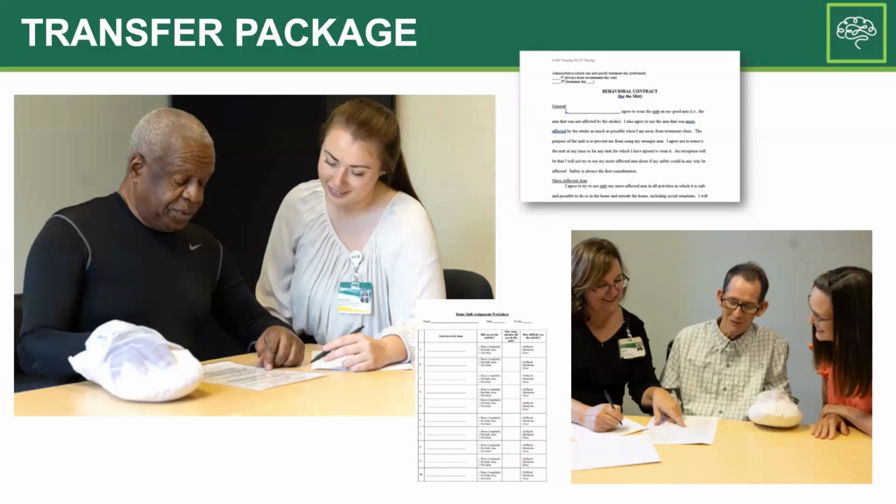Finally, the third category of strategies includes a set of behavior management strategies that promote functional use of the more affected upper extremity while the participant is away from the clinic or lab setting and is engaged in activities of daily living at home and in the community. We call this category the transfer package, as it transfers improvements made in the clinic or lab into the home